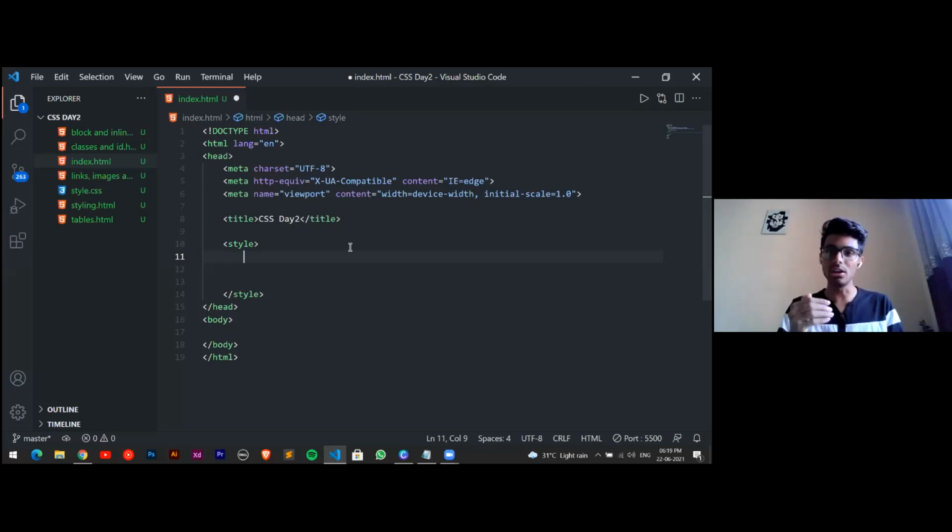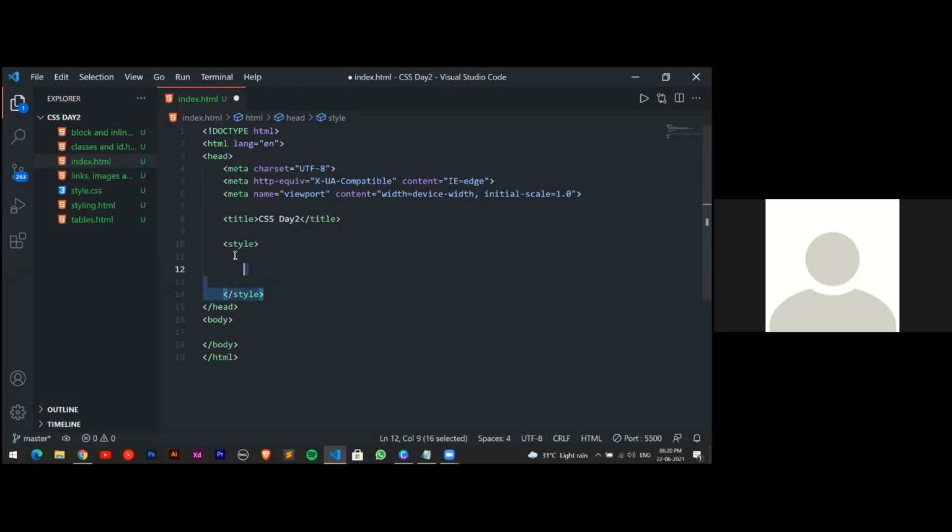Also, it helps while loading our web page. You might have visited many web pages in Explorer or Chrome or any browser. Some web pages load very fast and some take a lot of time. The reason might be that they have included all the styling in the web page itself, like this in the style tag. This is not the only reason, but this might be the reason the web page loads a little slowly. So for this reason, we don't use this method.